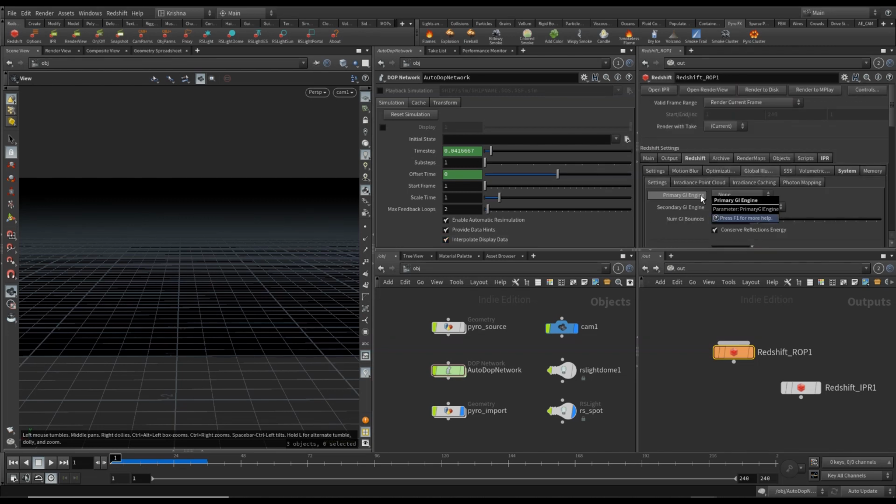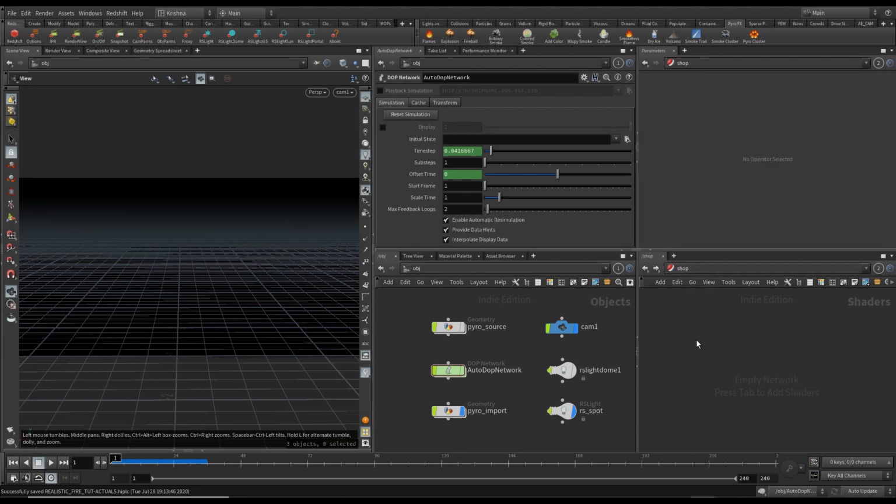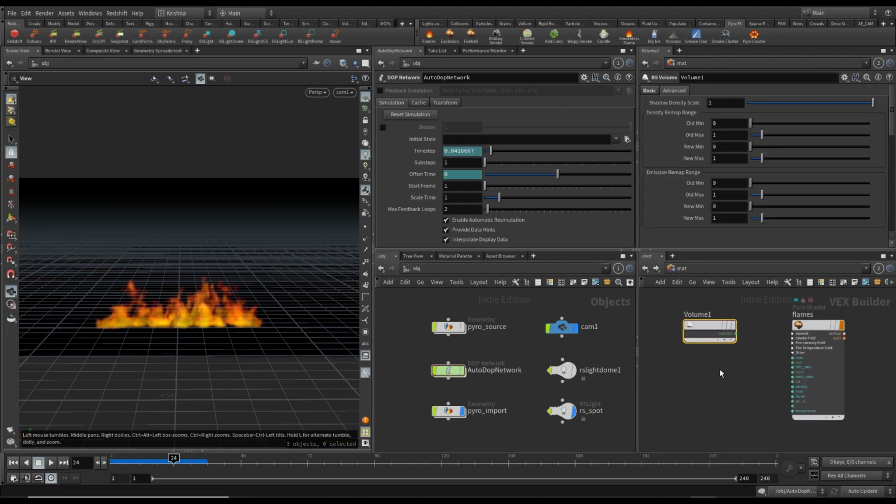While I'm here, I might as well enable global illumination. Primary engine brute force, secondary engine brute force. Okay, that looks good so far. I'm gonna go to shop. Do you know what? I want to show you something, right? So if I go into